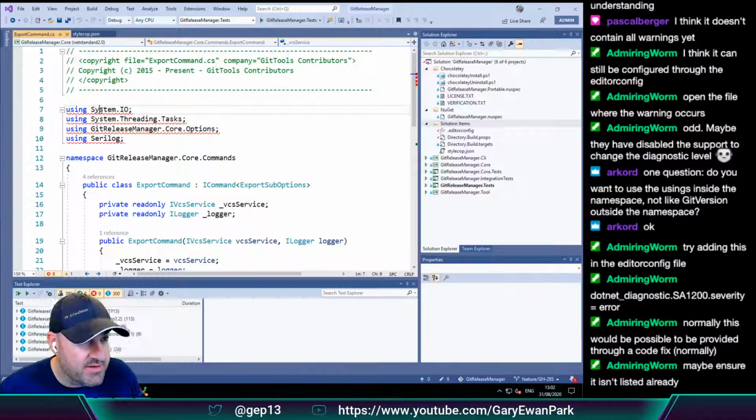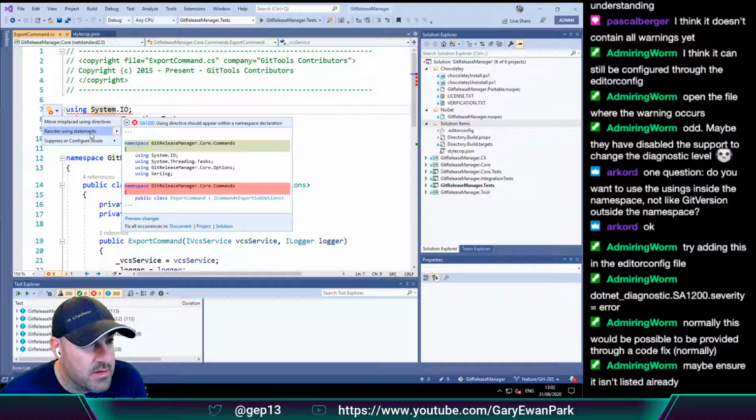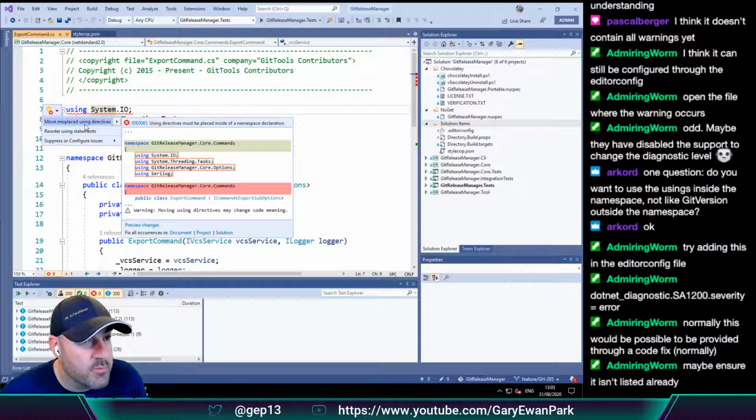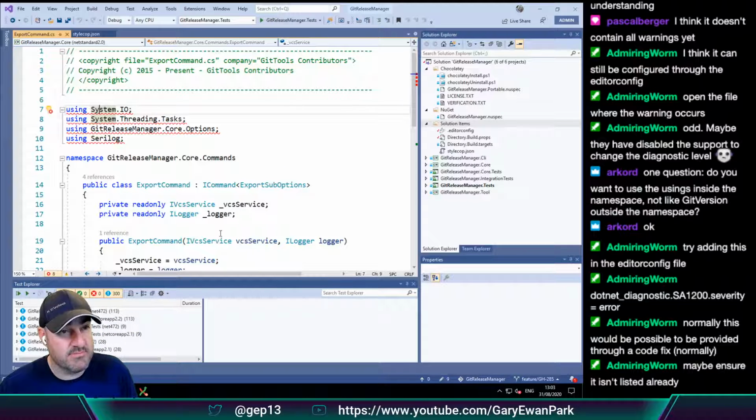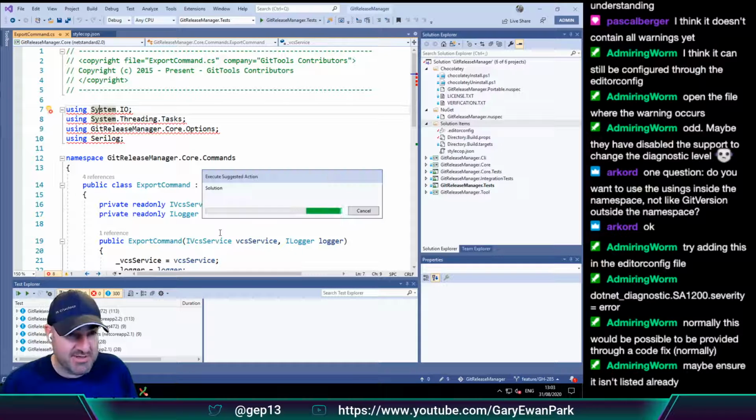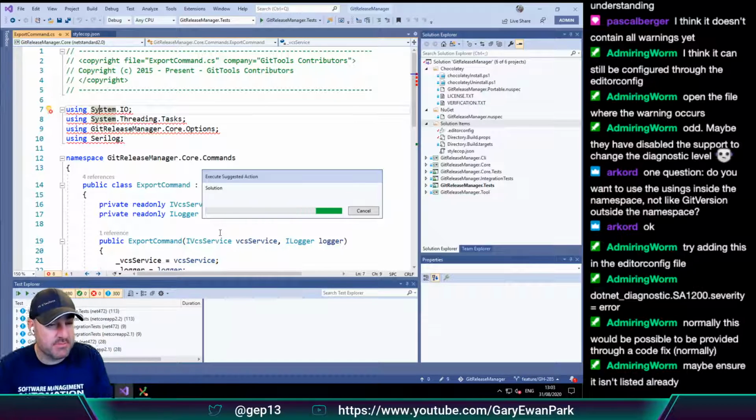So in theory, now, if we say suppress or configure this one, and we do move misplaced using statements, fix all occurrences in solution. Let's do it. See what it does.